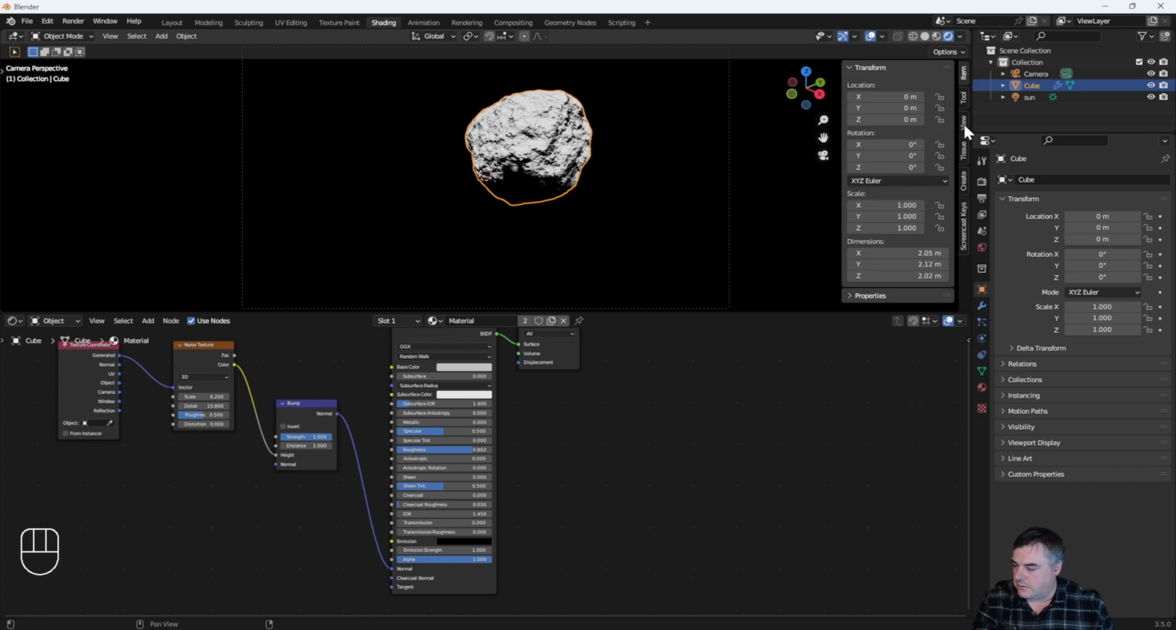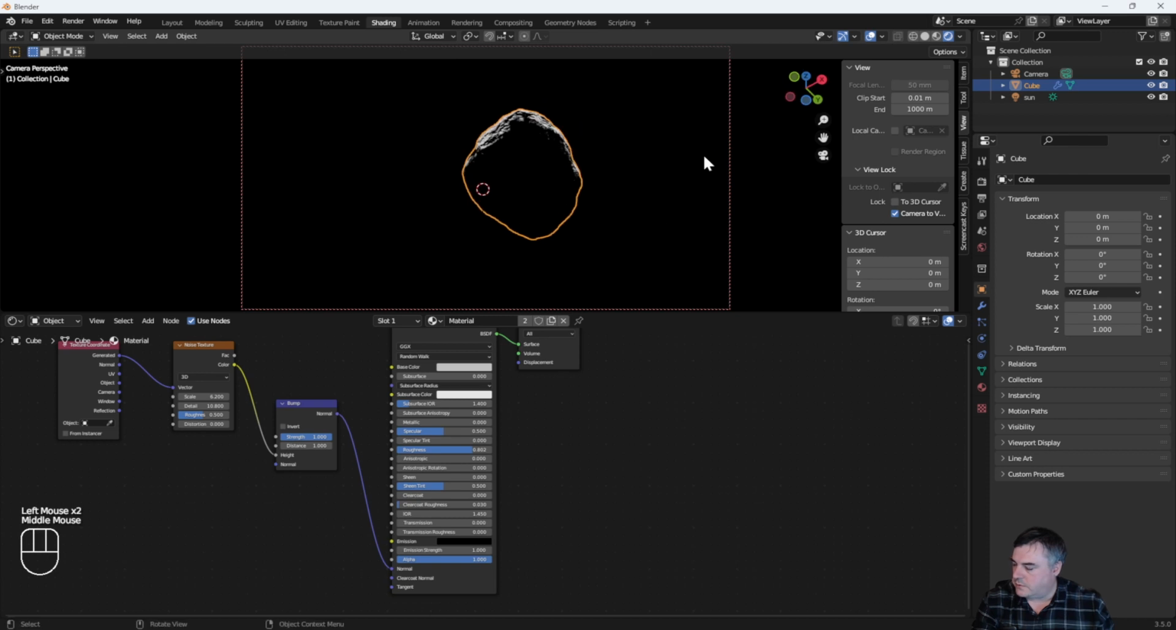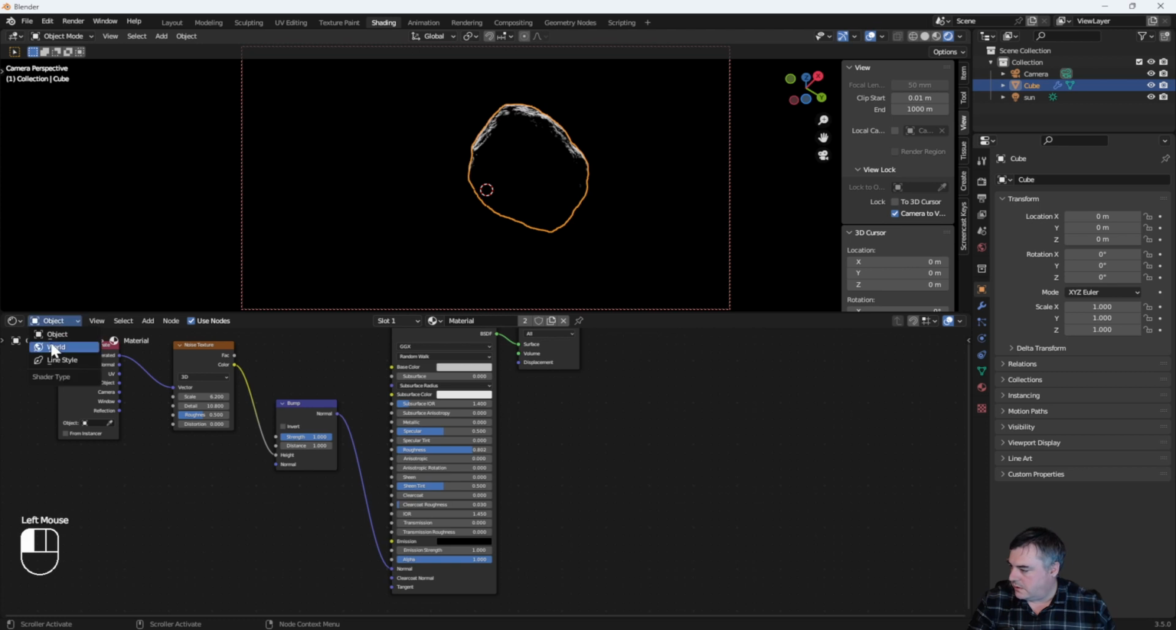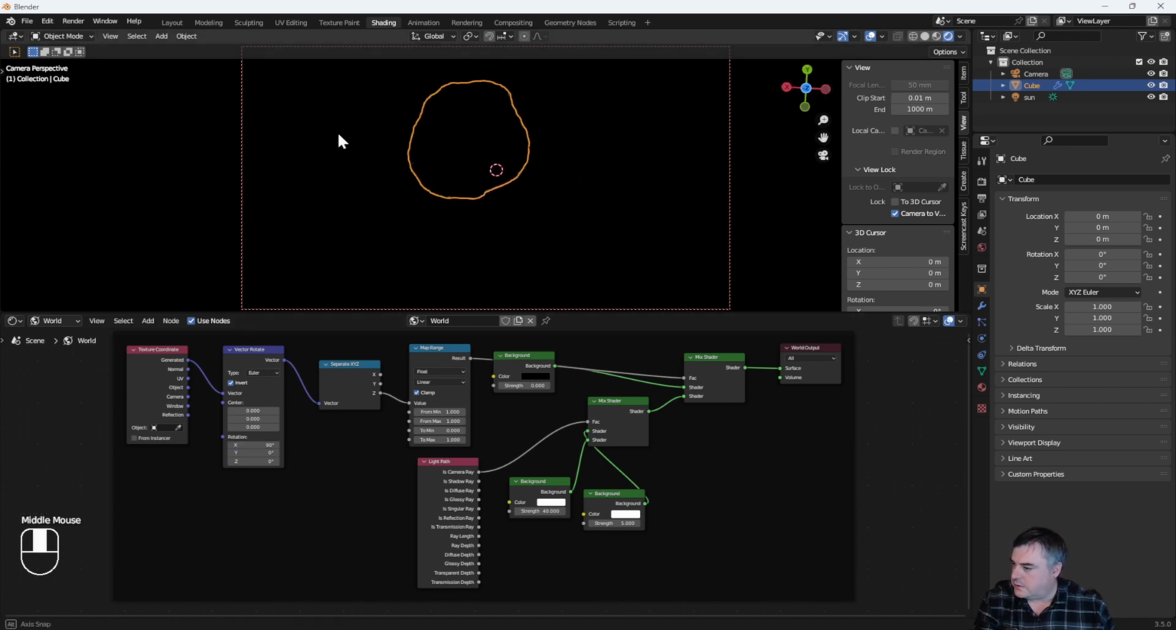I'm going to go to view, camera. Because we're looking straight down at it and everything rotates around the z-axis, what I'm going to do is make it 90 degrees. So let's go to our world shader again. Let's change that to 90. So now our sun will be